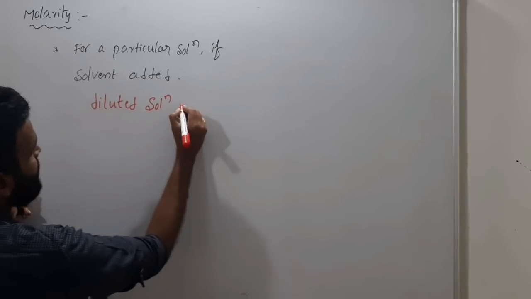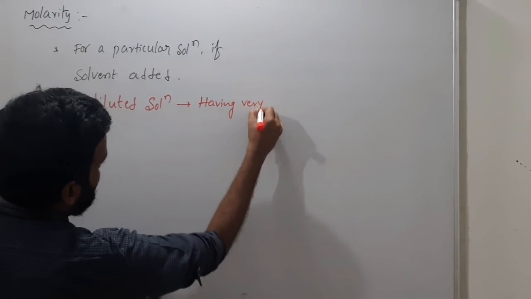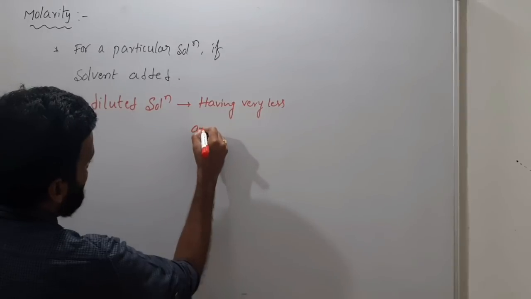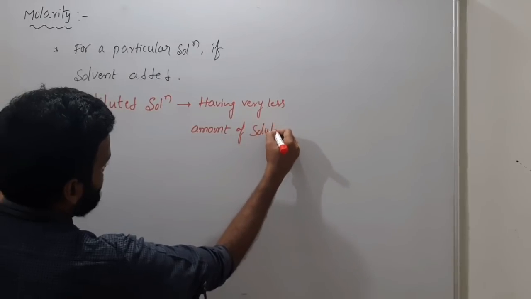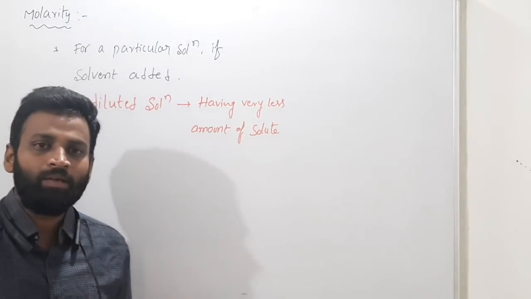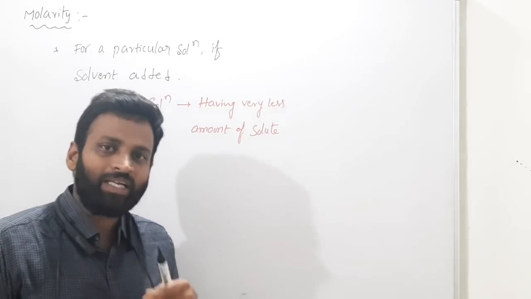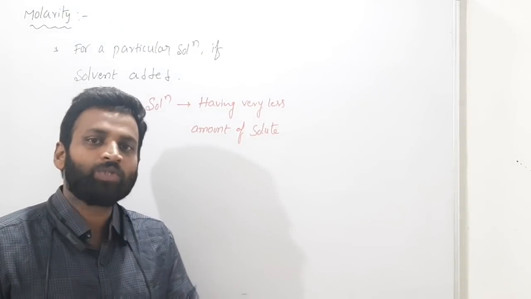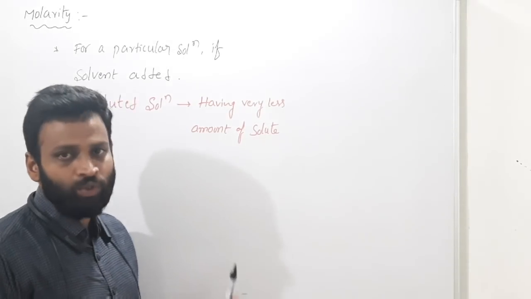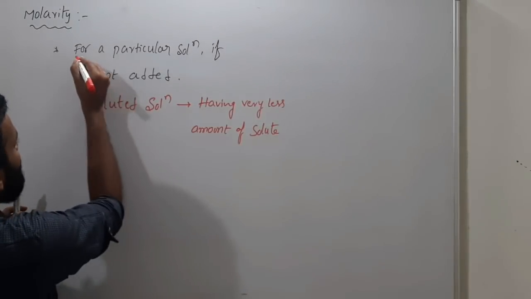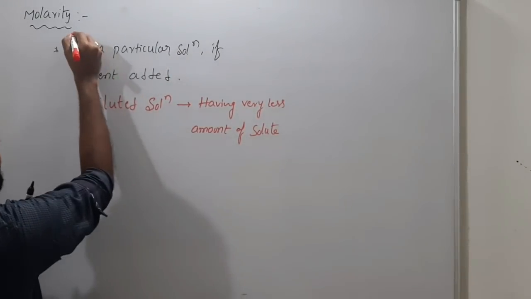A diluted solution means having very less amount of solute. As an example, you are having sugar water. If the sweetness is very less, that means water is more, that means solvent is more, that means sugar is less. Who is the sugar there? Solute. Got it clearly? So for a particular solution, if solvent is added, then that we call